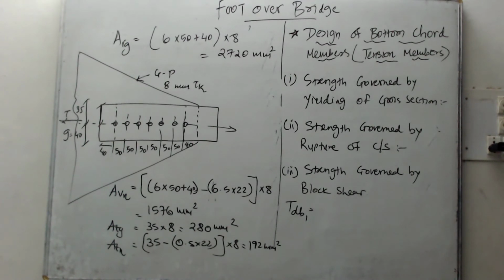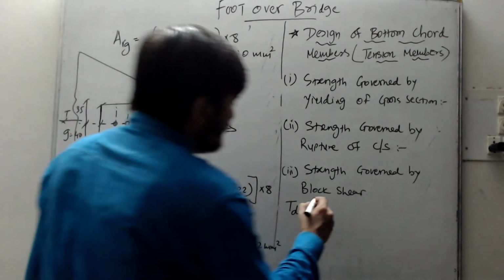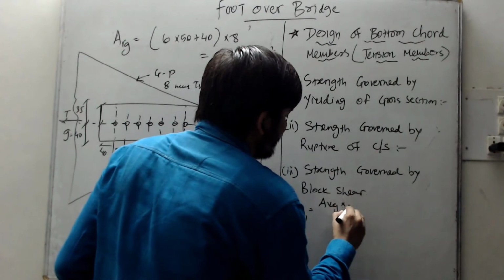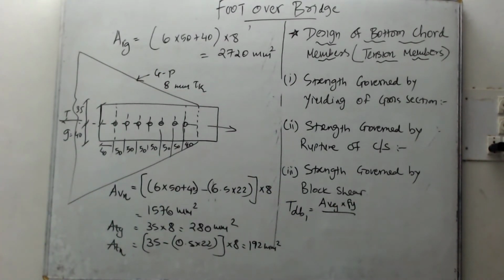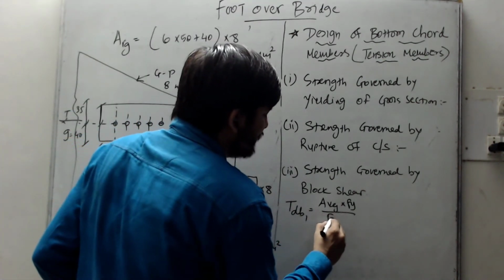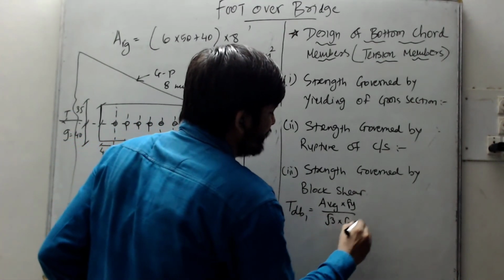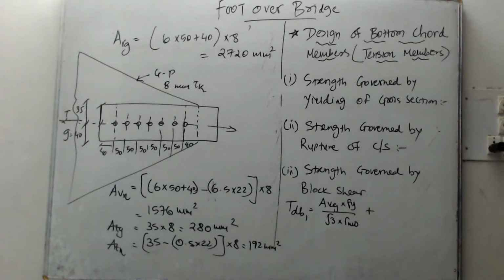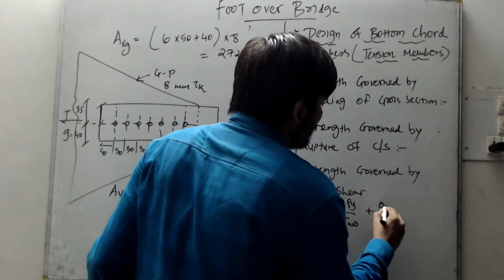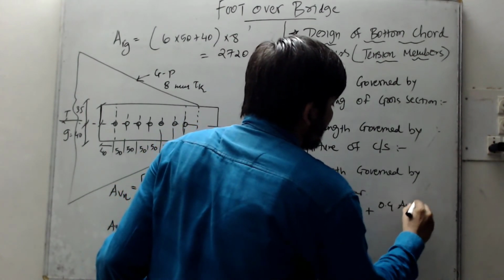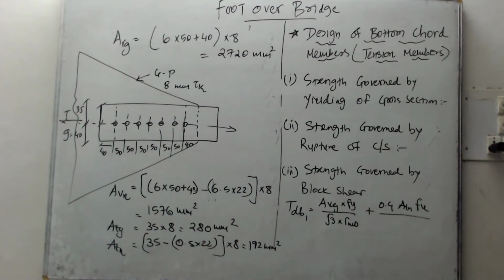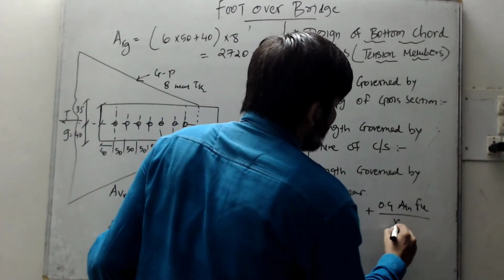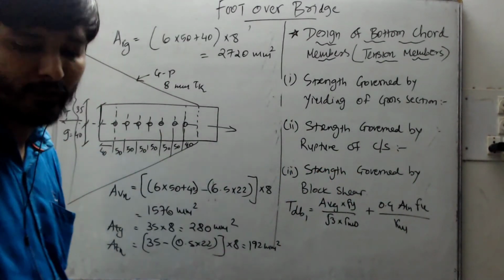So AVG into Fy divided by root 3 into gamma MO, plus 0.9 ATN into FU divided by gamma M1. So if you substitute these values in this equation,